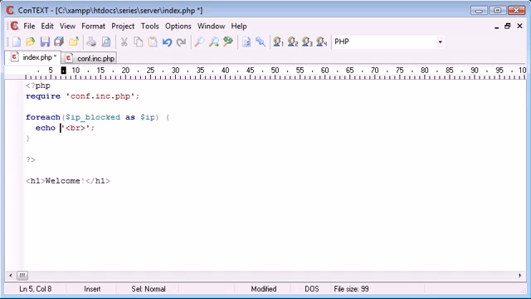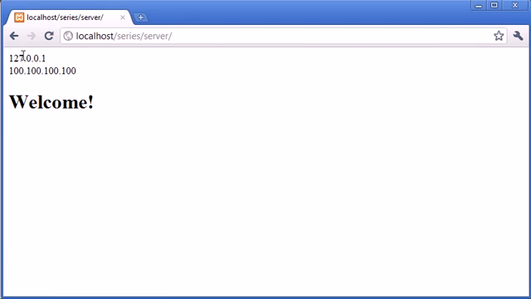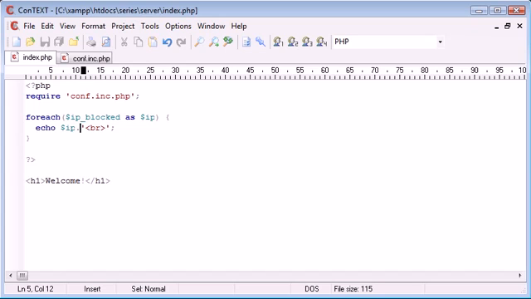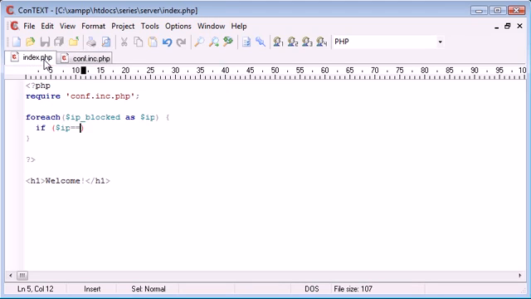We'll put a break there, and we'll echo out $ip. So let's just refresh the page and see what happens. So we've echoed out both of them IPs. So now it's logical that we can come inside here and say if $ip is equal to $ip_address, this is the current IP address of the user,